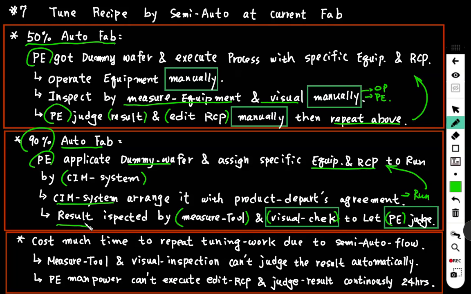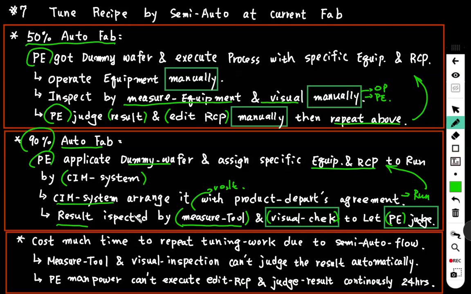Now you can see that inspection by the measurement tool runs automatically to produce the result, okay, but the visual check and the process engineer have to judge, then edit the recipe manually, not automatically,